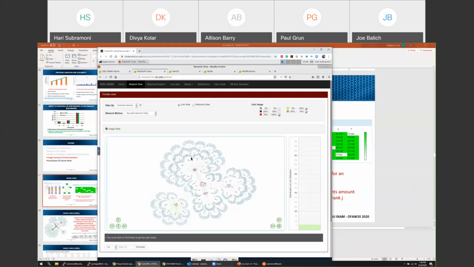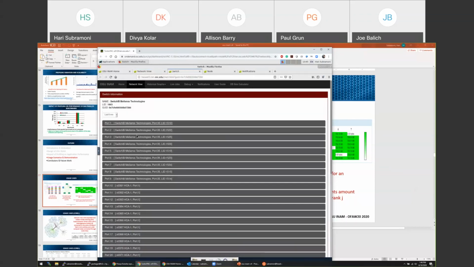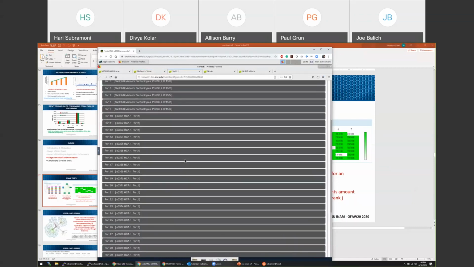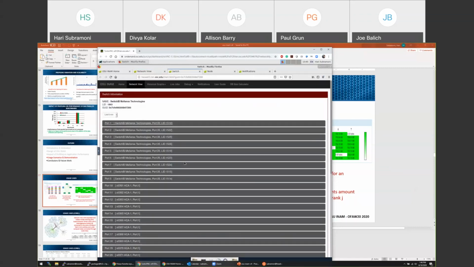So as I said, the red dots here actually represent various switches on the system. You can right-click here and either open the link information or the switch information. If you open up the switch, this is the kind of view that you will get. You will see that this is the particular switch that is coming up, and you can visualize the data that the switch sent for the last five minutes, hour, day, or week, depending on what you want.